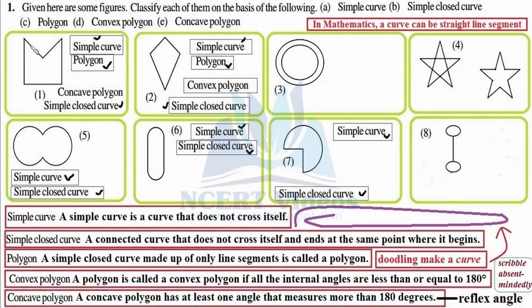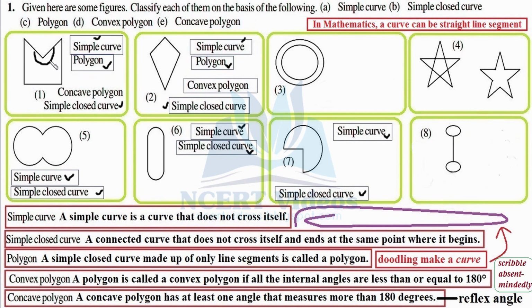Here, this angle looks like it is less than 90 degrees. This again looks like less than 90 degrees. This appears to be 90 degrees, which is okay with our condition. Again, this looks like 90 degrees, which is okay with our condition. Now this angle, it says internal angles. And what is internal? Anything which is inside the boundary of this. So we have this angle which does not look like it is less than 180 degrees. It is more than 180 degrees. In other terms, it is a reflex angle, which is greater than 180 degrees and less than 360 degrees. Therefore, it is not a convex polygon.